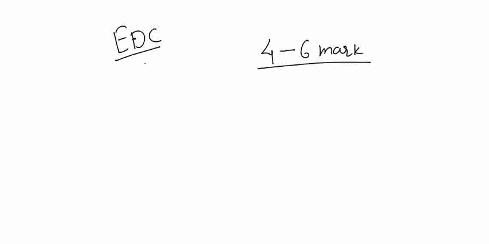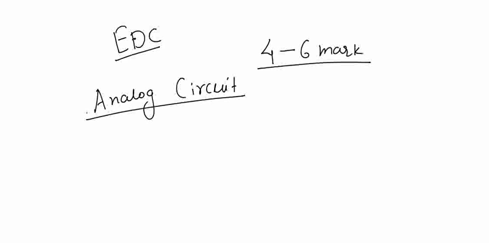Today we are going to learn an important subject of GATE exam, that is Electronic Devices and Circuits, EDC. This subject carries around 4 to 6 marks in GATE exam out of 100, and this subject is also important as far as analog electronics is concerned, because most of the topics in analog electronics are based on the concepts of EDC. We will start our discussion with